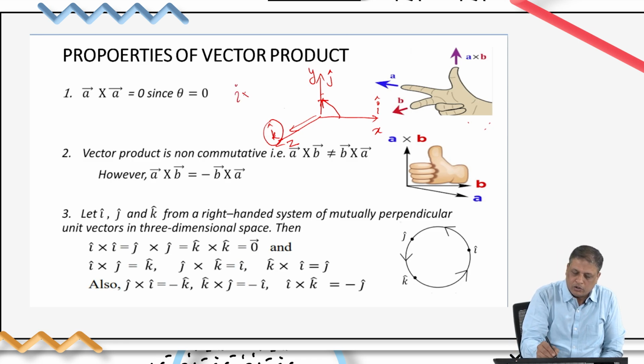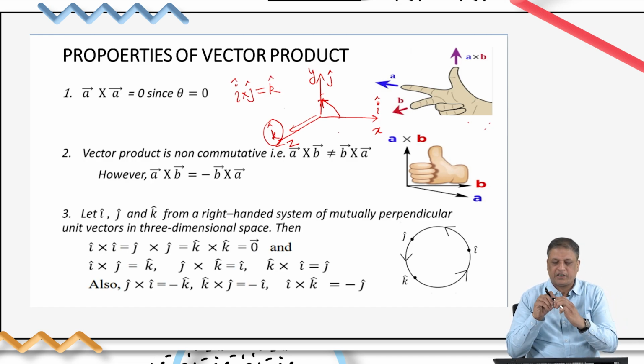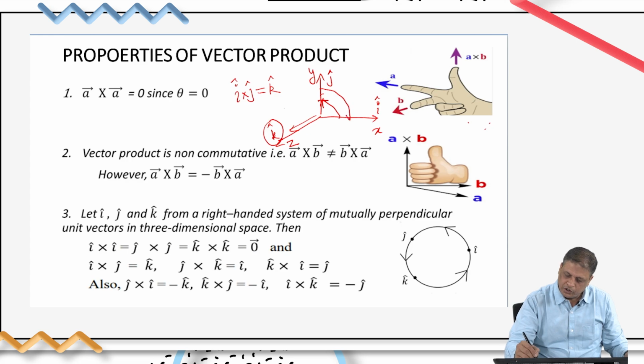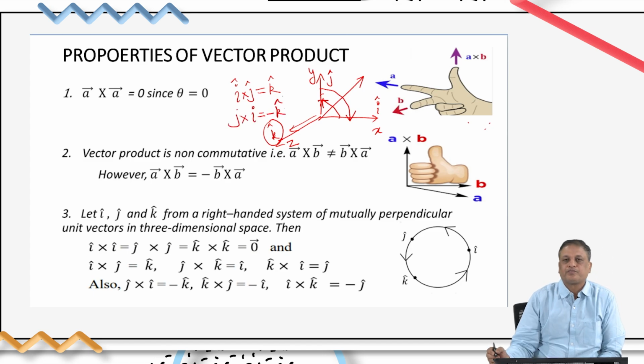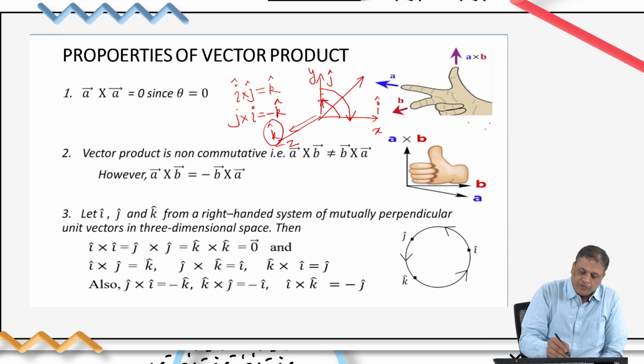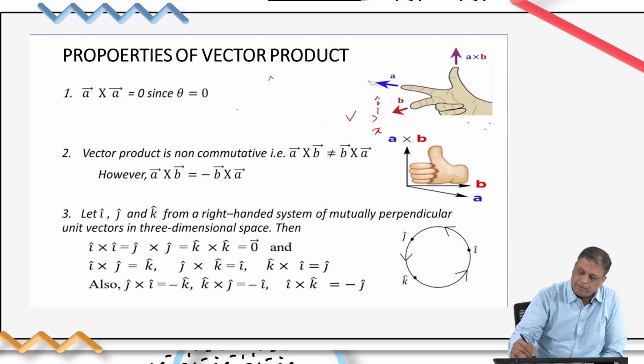So, i cross j will move towards unit vector k. But if I rotate it in the other direction, in the opposite, clockwise direction, j cross i, then automatically the cap will move away from me. That means j cross i will be equal to minus k. So just hold your pen and move the cap in the anti-clockwise direction, and you will get